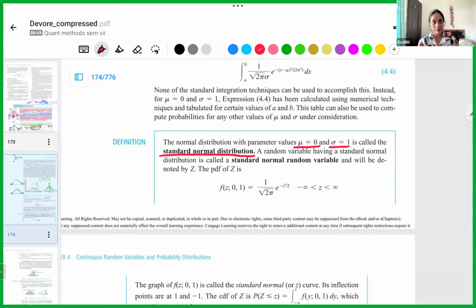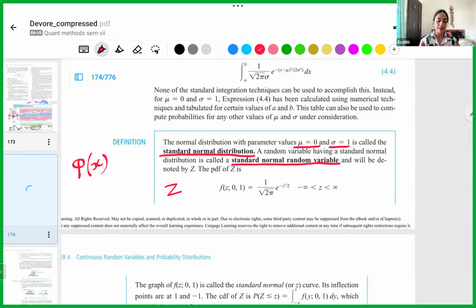And whatever variable has this distribution, it's called a standard normal random variable, and it is denoted by Z. ये इतना special है, इसका अपना नाम है. In fact, normal distribution का अपना PDF का symbol भी है, right? So it is denoted like this, phi, the Greek letter. तो हम जो f of x इसमें लिखा हुआ है, Devore has not used phi,